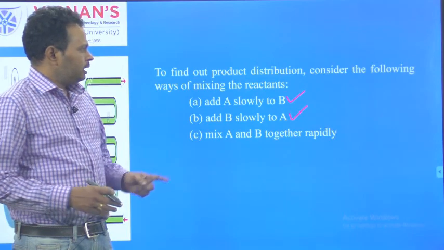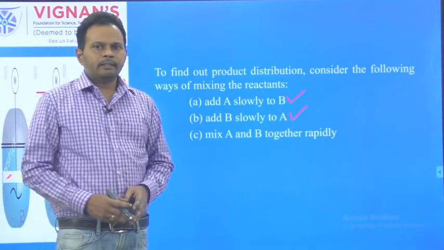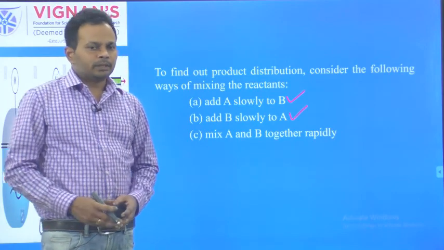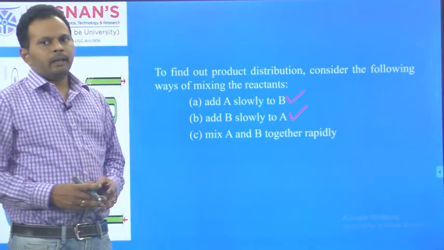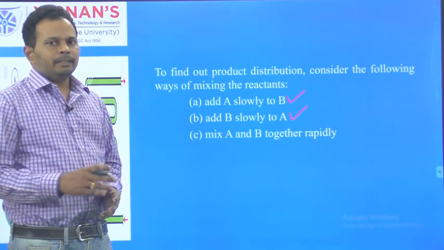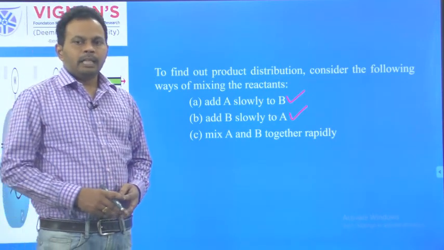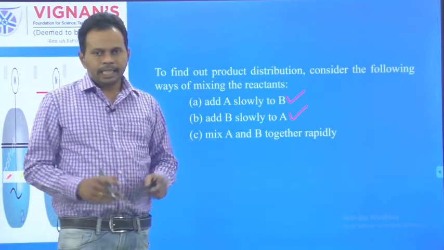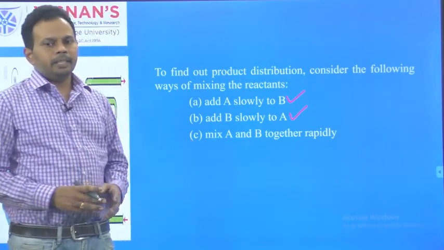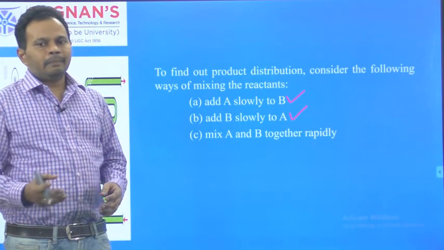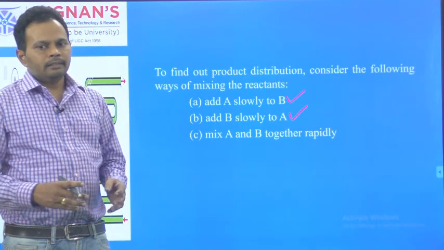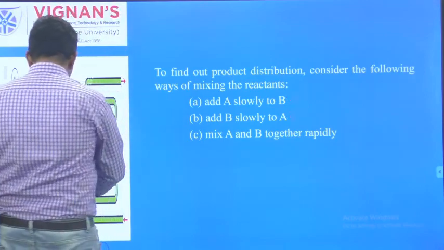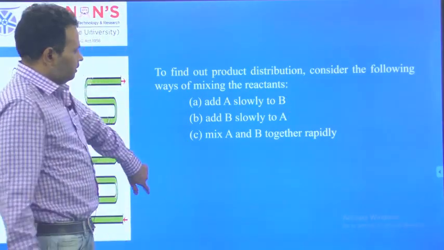In the first one, initially take the bulk B into the beaker, and add A slowly, and then you can obtain one type of product distribution. In the second one, initially take the bulk A into the beaker, and add B slowly, then you can obtain another type of product distribution. In the third one, take the empty reactor beaker and add A and B rapidly together, then you can obtain some other type of product distribution. Now, we will see these one by one.